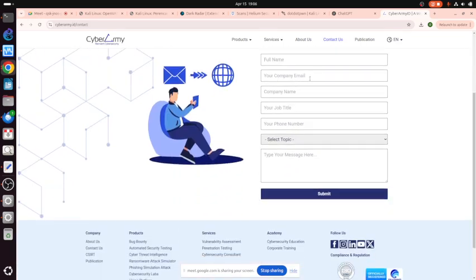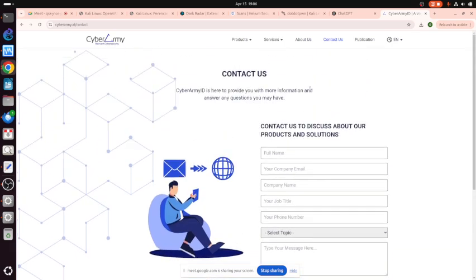You can type your name and so on, and then you can contact them through the web. Okay. Now, the other one that will be very interesting for us. So this is how we can evaluate the vulnerability of our server. But this takes a lot of time, very time consuming.